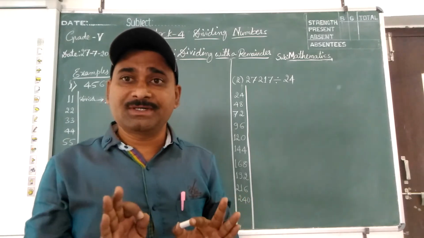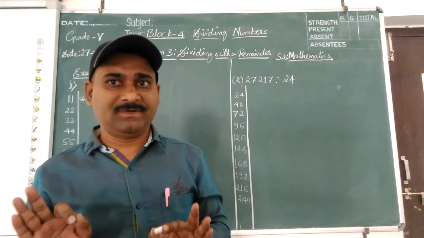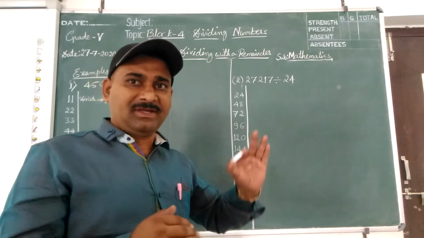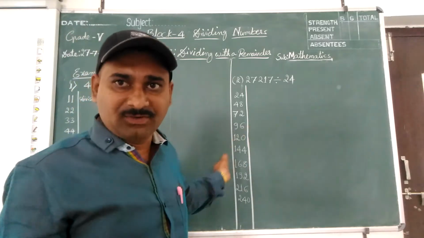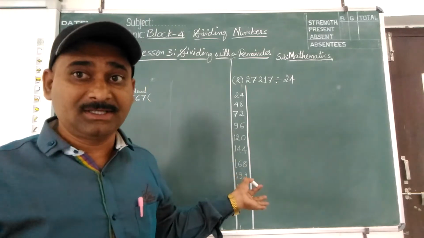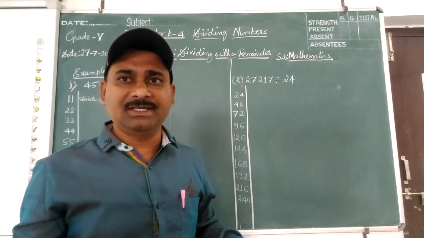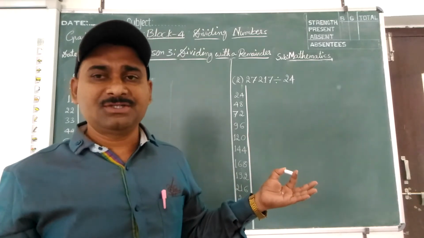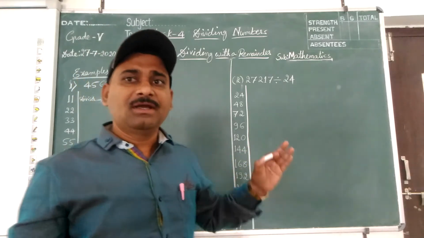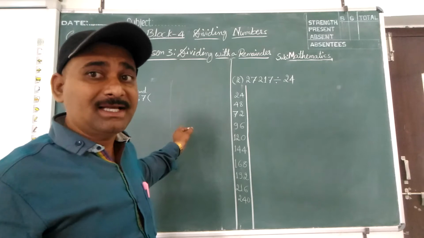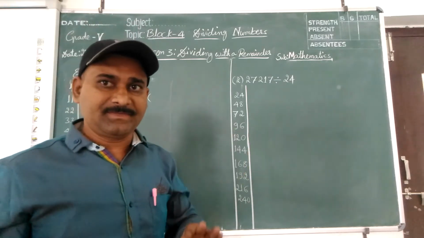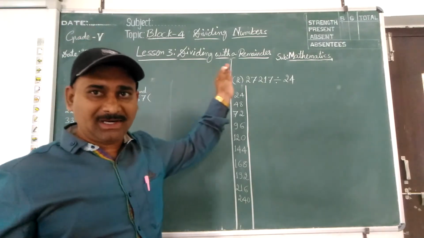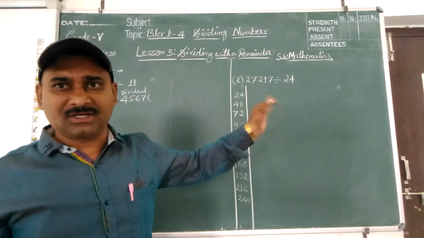Everyone, you must do the worksheet and the lessons which I will give you at the end of the class, because this lesson is the same as the previous lesson number 3, which is going on now, and lesson number 2. It is division only. But the only difference is that in that division there was no remainder, meaning you got the remainder as 0 in all the divisions. Here after division you are getting a remainder as some number. To explain this division with a remainder, I have taken 2 examples, children.